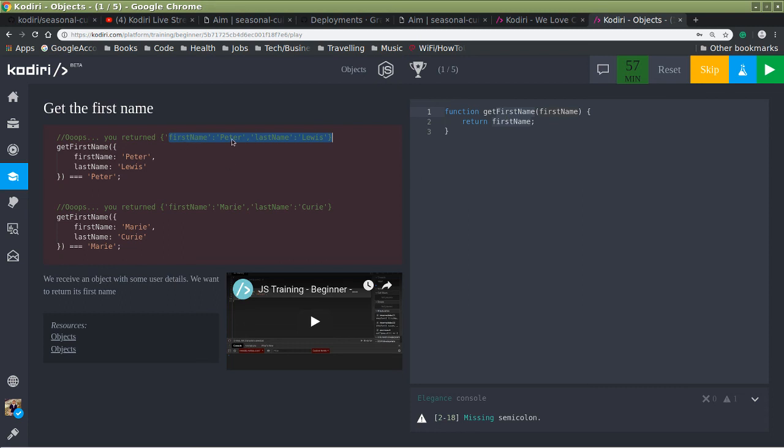So then you can see, oh, okay, how did I go wrong there? Let's try and edit my code so I can get the correct result. There's also an elegance console down here. As you can see, we're missing a semicolon. That's because I had it like that to begin with, just for elegance reasons. They're not required